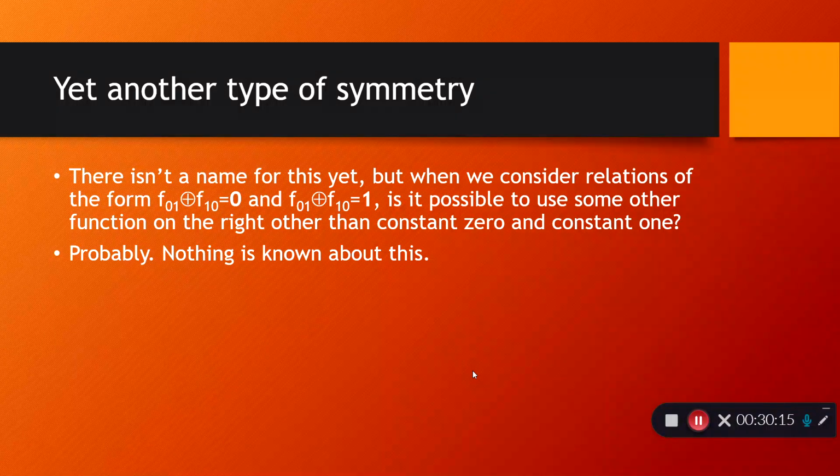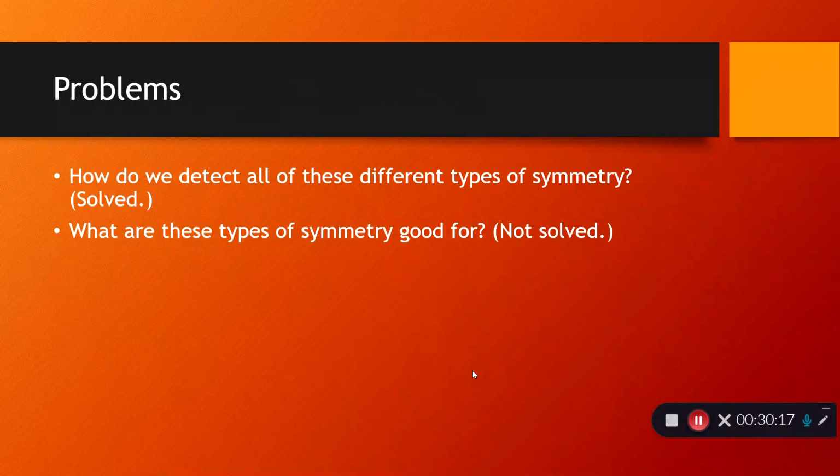And here is the upshot of this. Do we know how to detect all of these different types of symmetry? Yes, we do. That problem has been solved, and I'll show you tomorrow how that's done. What are these types of symmetry good for? Well, we haven't exactly solved that problem. Sometimes we know, sometimes we don't. And that's just the way it is. We'll talk to you about detecting symmetries